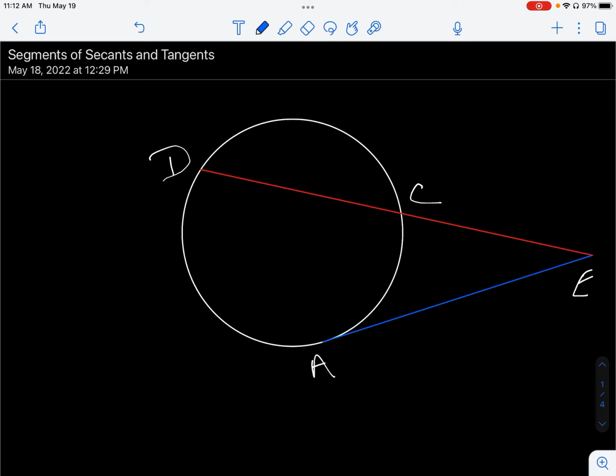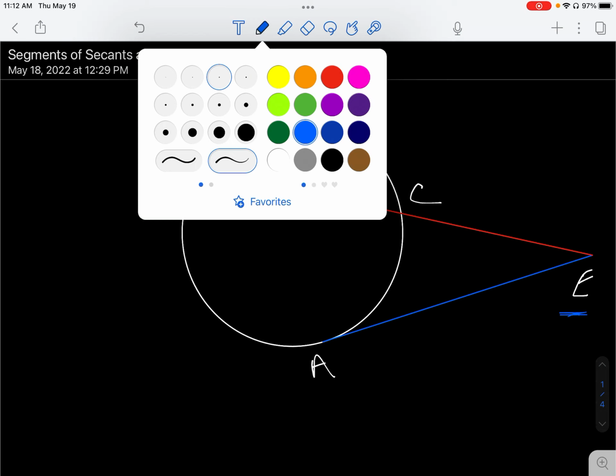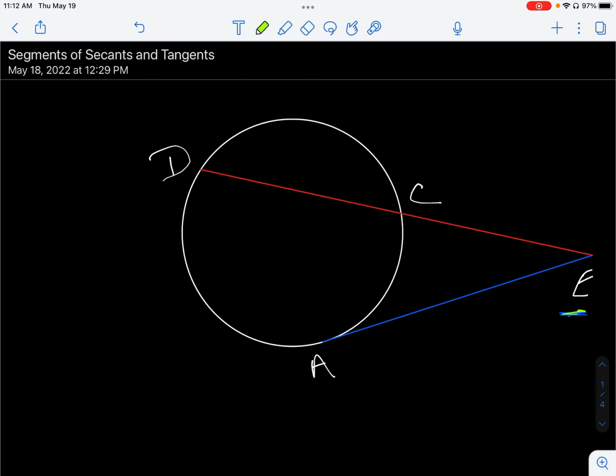Well, tangents and secants, when they're together from the same circle, work in the same way. And as we recall, a secant is a line that passes through a circle, intercepting it in 2 points, and a tangent intercepts the circle at exactly 1 point. So when a secant segment and a tangent segment share an endpoint outside the circle, point E here,